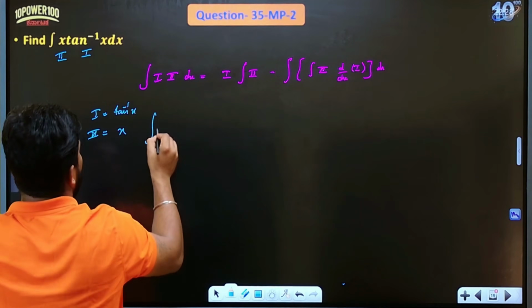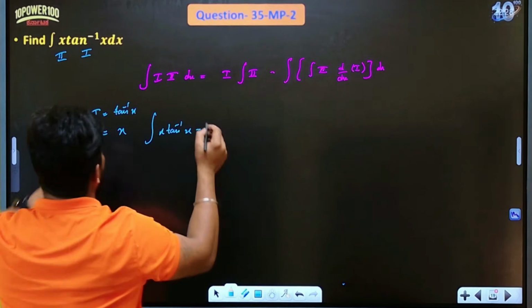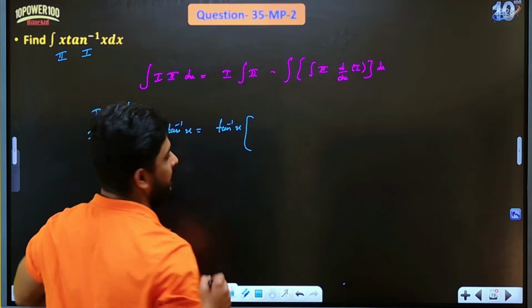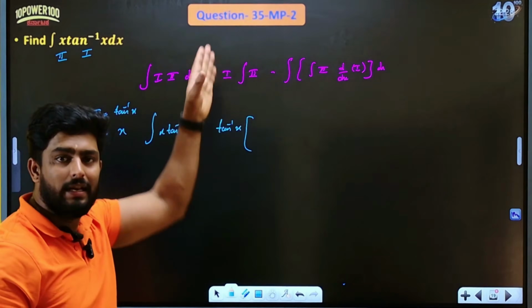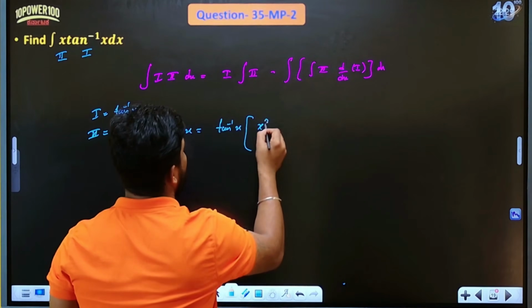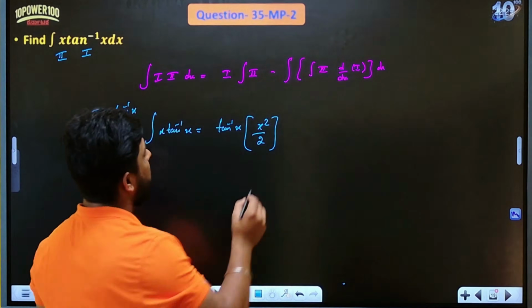So integration of x tan inverse x is equal to first function. So tan inverse x I'll write as it is, integration of x. So directly write it, don't write integration of x separately. Okay, write integration of x. What is integration of x? It is nothing but x square by 2, right? x square by 2 as it is minus